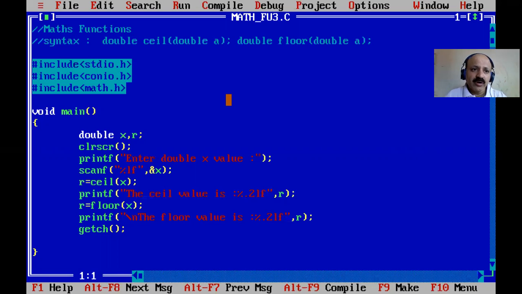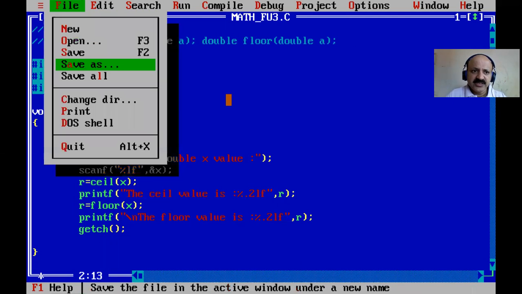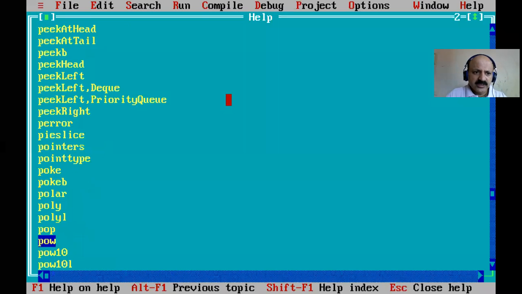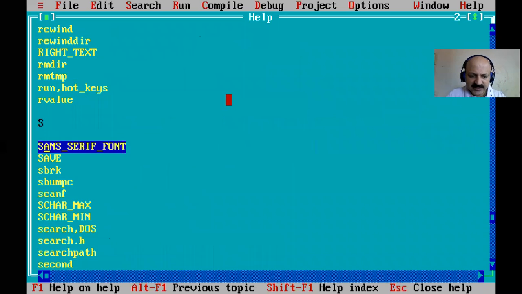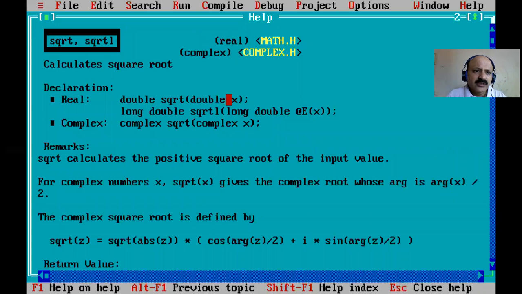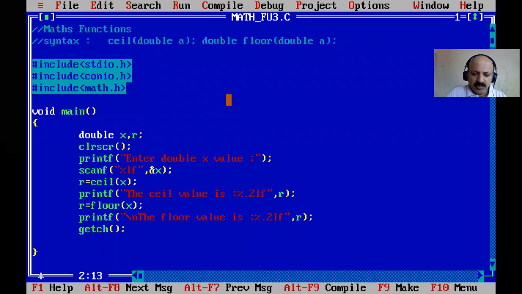Now we can take the pair. I just list out power and square. So power is, yes, the first syntax, so we can easily calculate power. That is the power function, x to y. Yes, and then the return type is double, and power takes x and y. And square, yes, here it is not square. So after f1, in the previous index, we have square root, sqrt. Okay, so it calculates the square root. That syntax is double sqrt and pass the double. So both have similar syntax. So I can take that type of pair.